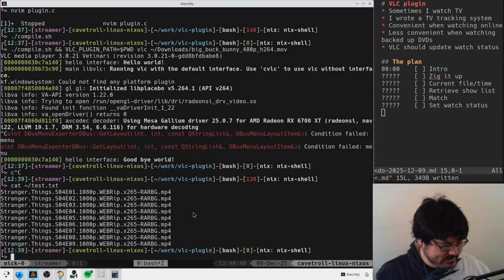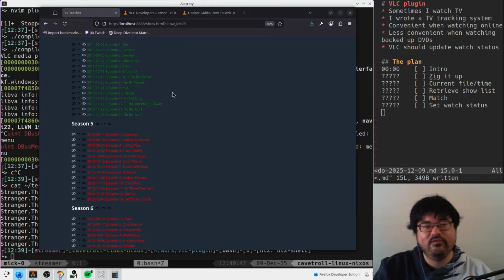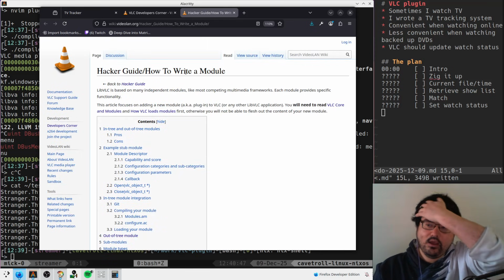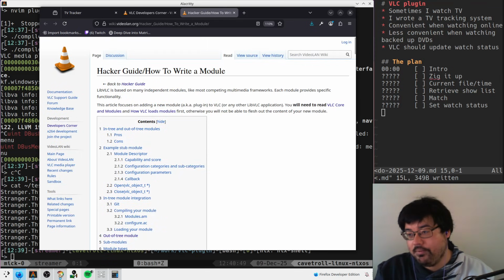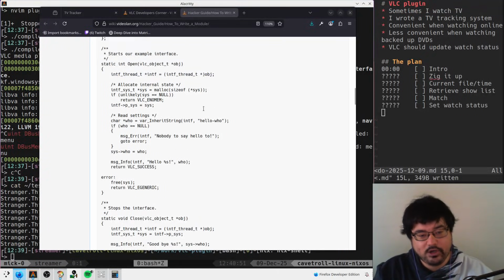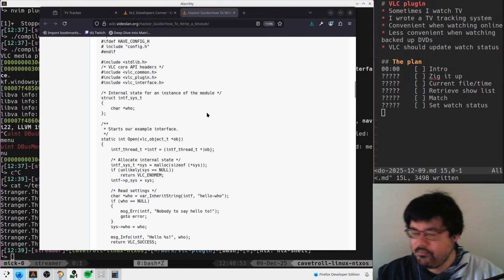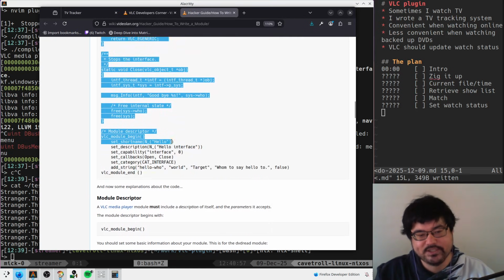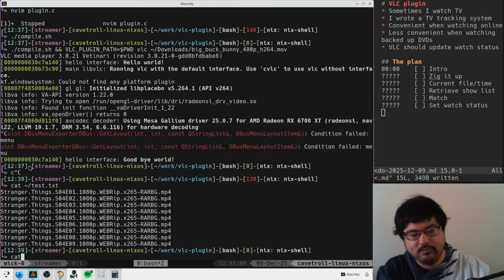So the past couple days, we've been exploring the idea of writing a VLC plugin. There's this wiki page on the Videolan wiki, and on here they talk about an example module. This module just says hello when you open it. And if you copy paste this somewhere and compile it with the right command line arguments,